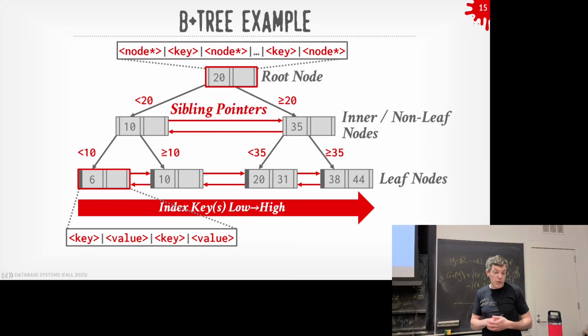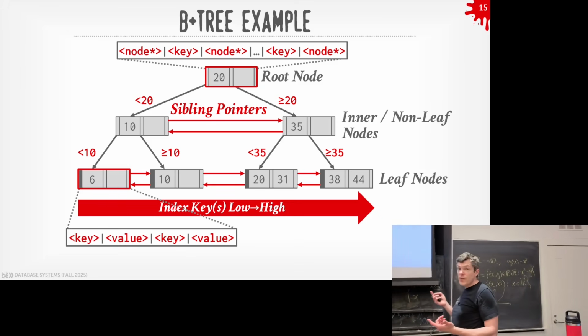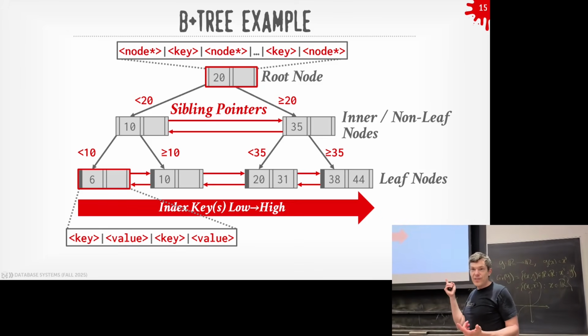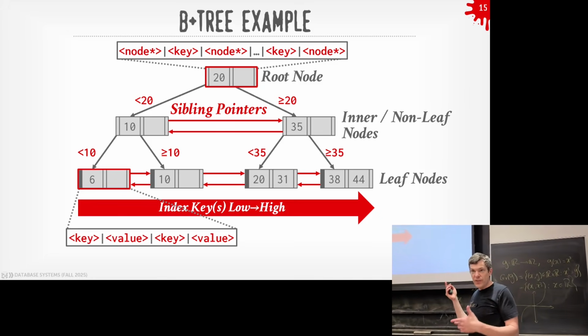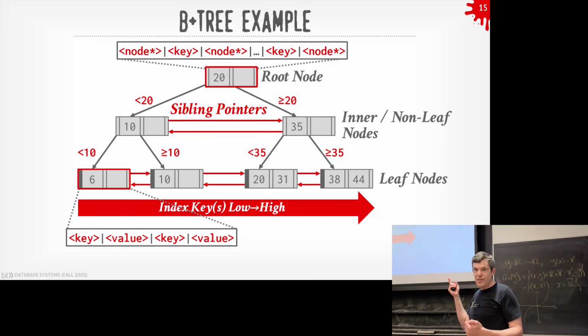The question is, in that root node there are 3 node pointers, so why do I need 3 node pointers if I'm only pointing to 2? How am I allocating this? Think in a real system. What's the backing memory of the data in a node? I'd have to store the contents of the node somewhere. What am I storing it in?